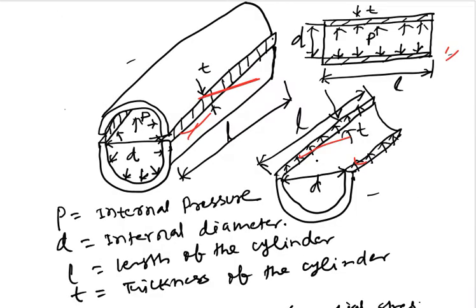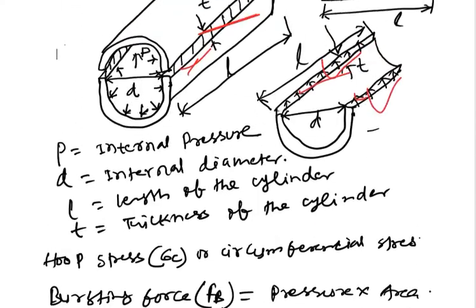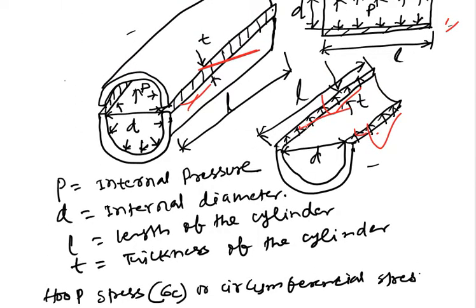The body will offer the resisting force at this part to maintain its existence. In which part? This part. The area of this part we can calculate: thickness is given, length is given, this is a rectangle, so length into breadth. There will be two sections, this part and this part. From both parts the body will offer a resisting force, so stress will be induced over here and here also.